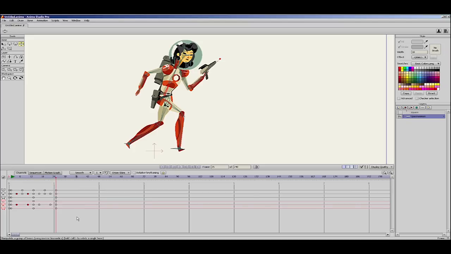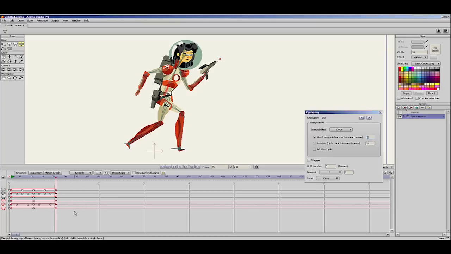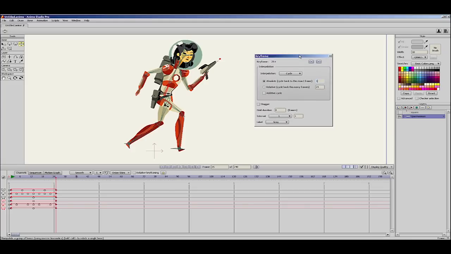So now normally when you have this in Anime Studio 11 and before, you select the last keys of your work cycle, right click here and select cycle interpolation. So now the keyframe window will be open, and I will tell the software that my work cycle will go back to frame 2